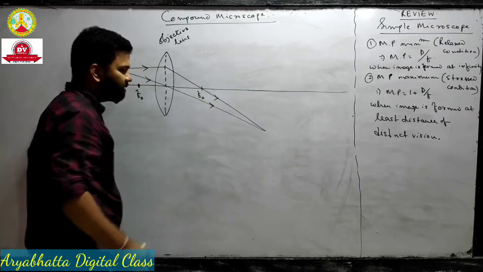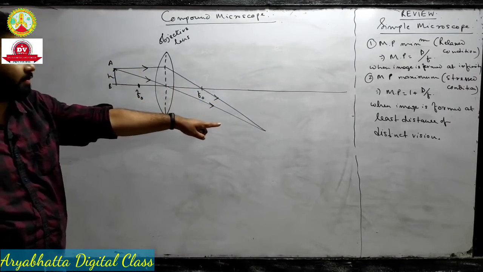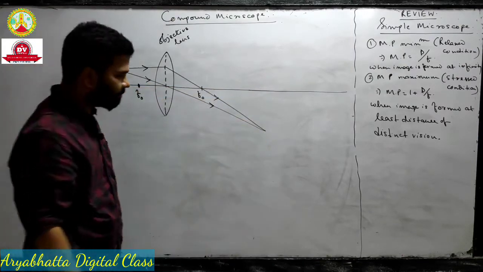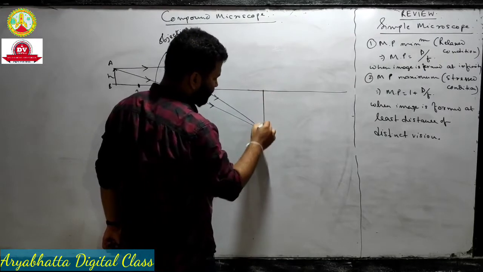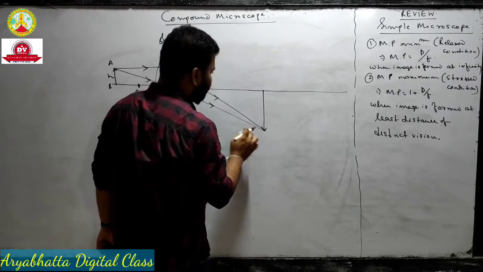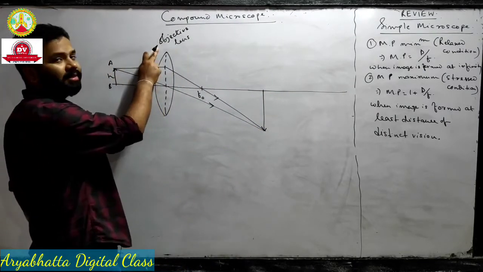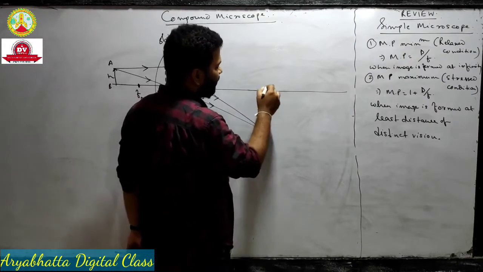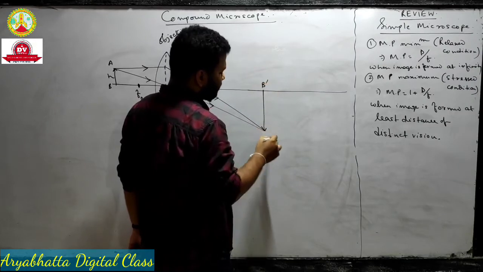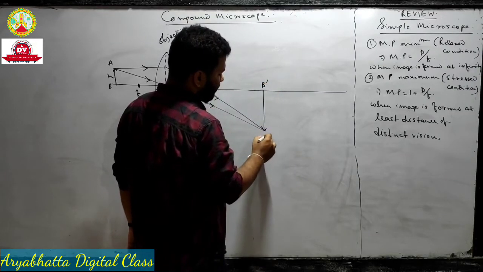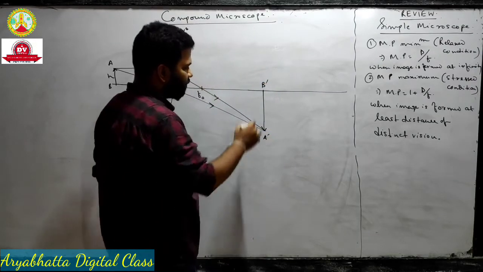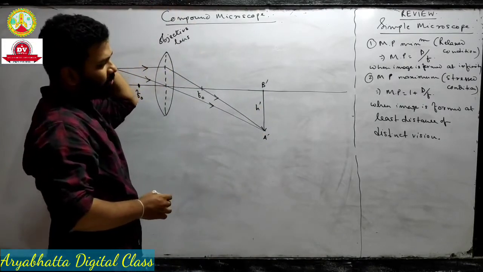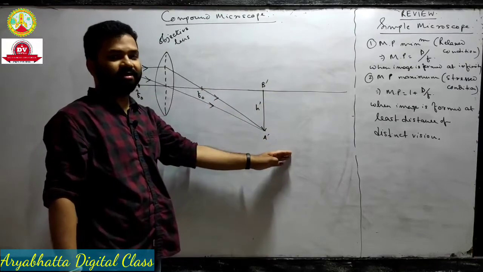Okay, it means these 2 light rays will form an image. That one will be a real image at this position. So this is the image formed by this lens. This lens is nothing but the objective. Try to understand step by step. So here a real image will be formed, and this one is B dash. This point is say A dash. What is the height? Height is suppose H dash. Okay. Now if I place here another lens,